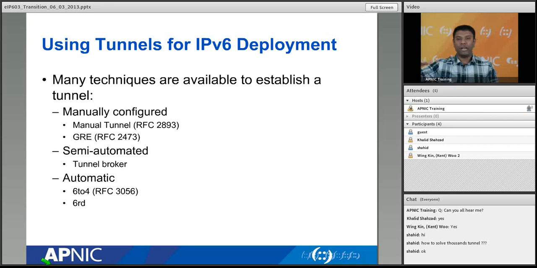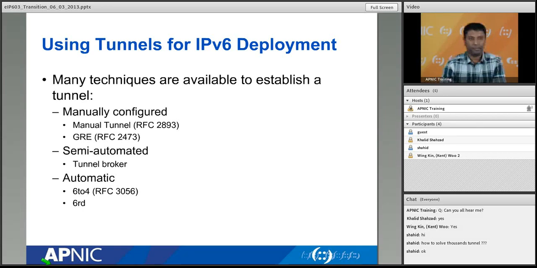In an automatic tunnel, the tunnel source is specified, but the tunnel destination is not specified. You don't know what the tunnel destination is. You ask the router, "I don't have the tunnel destination, can you discover it?" So the router has some sort of intelligence. It will check what could be the optimal tunnel destination so that I can forward the packet to. Then when it discovers the tunnel destination, it will put the tunnel destination on the encapsulation header.